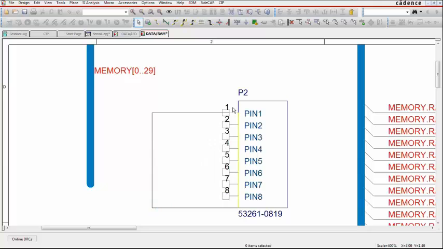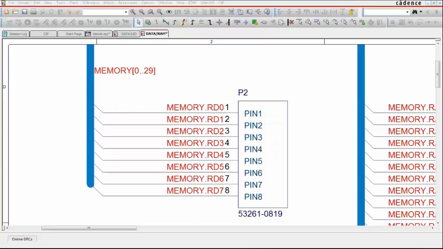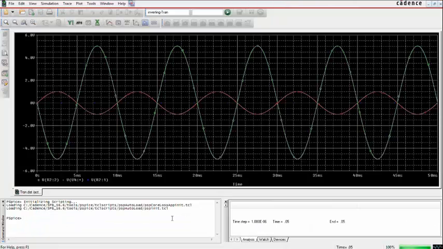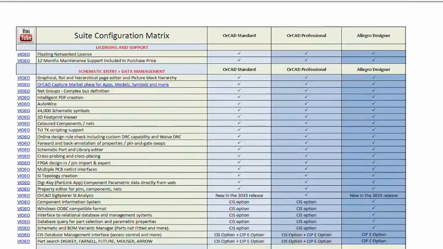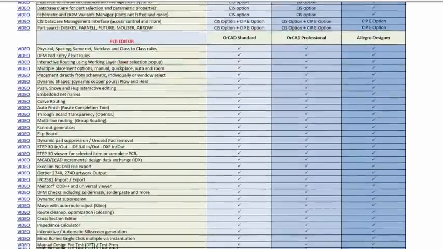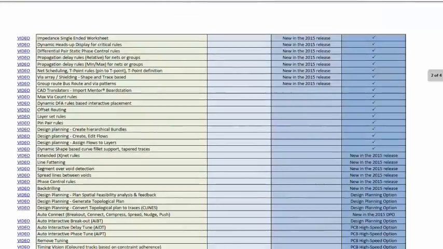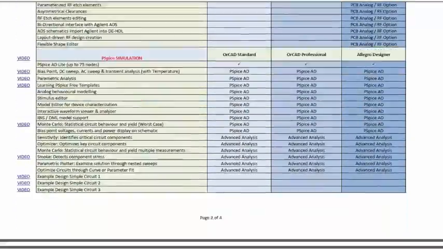OrCAD Capture comes with every PCB suite along with PSpice Lite, allowing you to run small simulations, but it also comes with example designs and free training. The comparison matrix shows every feature of every level with a free tutorial video for each one. You can view this on our website. Just click the feature matrix